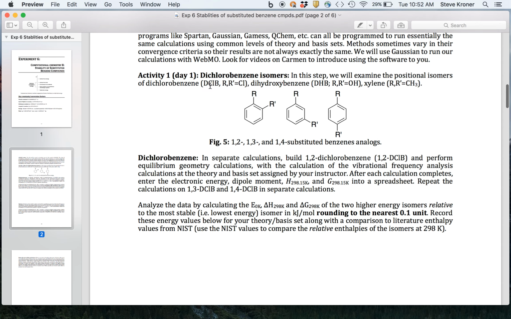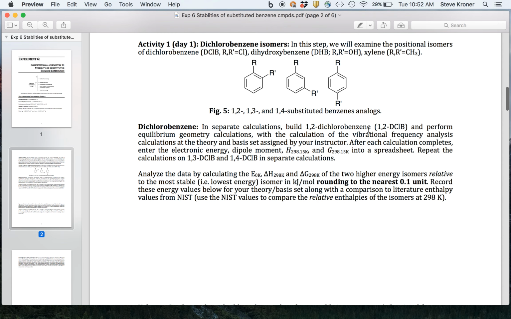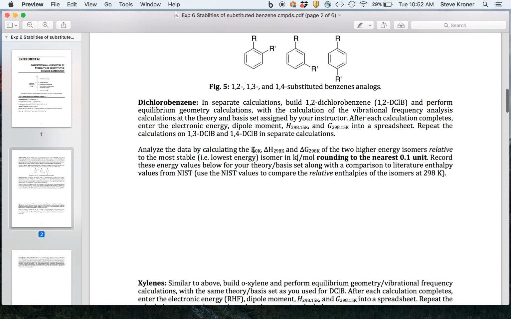Okay, so the first part of our experiment deals with looking at the stabilities of benzene derivatives where we have chlorine atoms in the R positions. So 1,2-dichloro, 1,3-dichloro, and 1,4-dichlorobenzene. And so what you're going to do is simply build each one of those molecules and do optimization frequency calculations so you can evaluate their delta E's, delta H's, delta G's